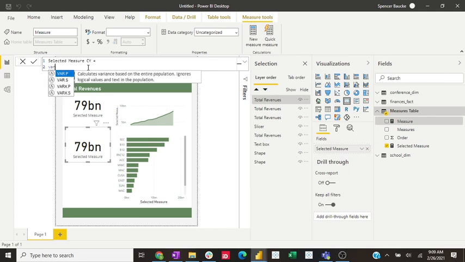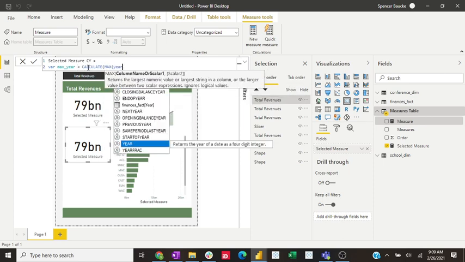What I like to do, the way I develop, is if there are calculations I'm going to need to reference within my DAX, I create a variable. So I'm going to create a variable called max year, and I'm going to say calculate the max of my year